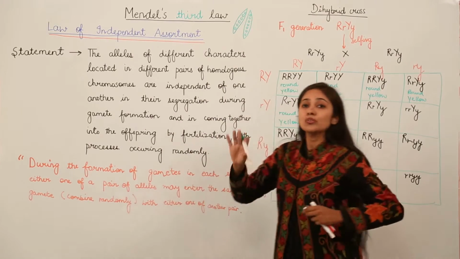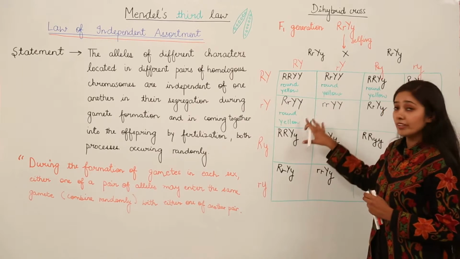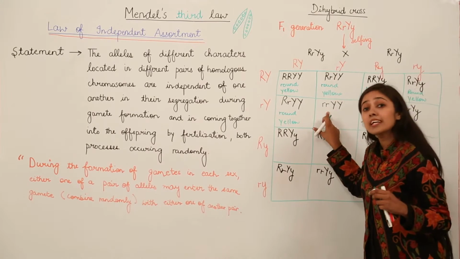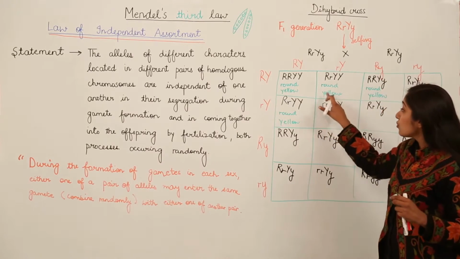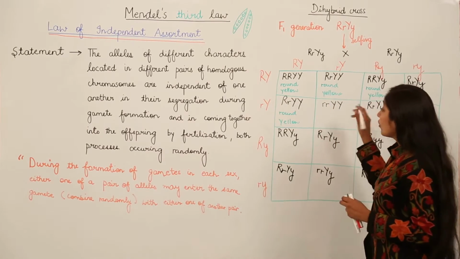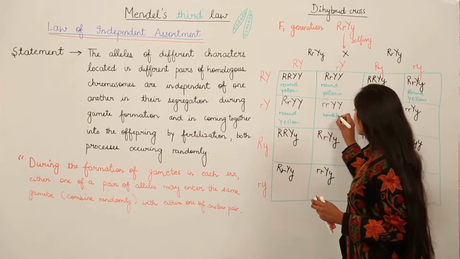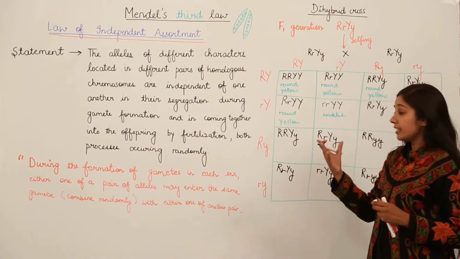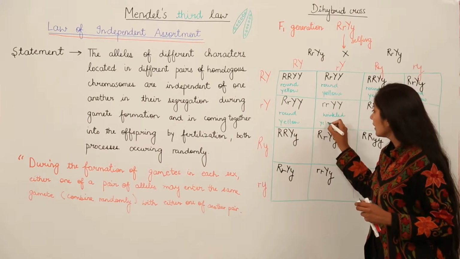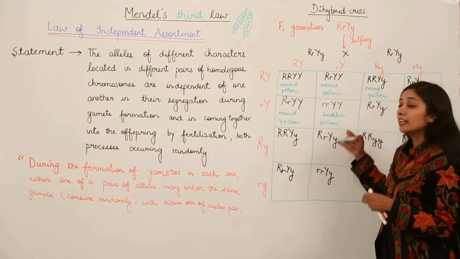Again, now we move on to this square. You can see here, for the first time till now what we have done, we don't have a dominant R, we don't have an uppercase letter R, we don't have a capital R. So what is going to be? The seeds are going to show the recessive trait, that is what Mendel observed when the plant was wrinkled. The plant was having wrinkled seeds with what? Now see, capital Y is present, means they will be yellow. So the plant has wrinkled seeds with yellow cotyledons.